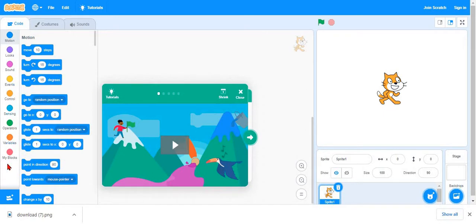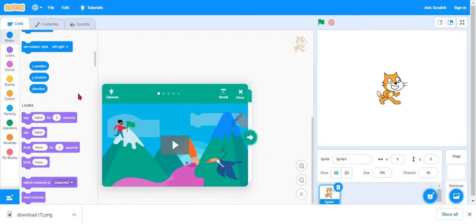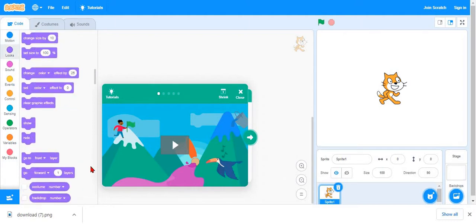Over here are the categories for the blocks. In motion you can move stuff and point in directions, and in the looks section you can say stuff like say hello, and switch to costume, switch to background and all.